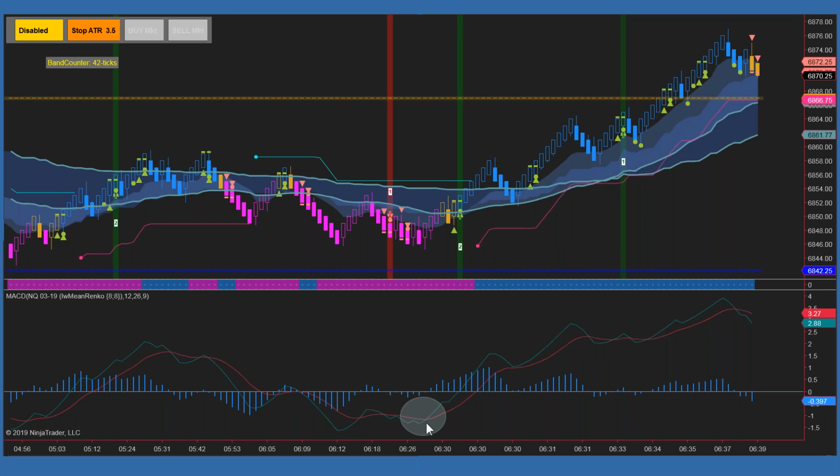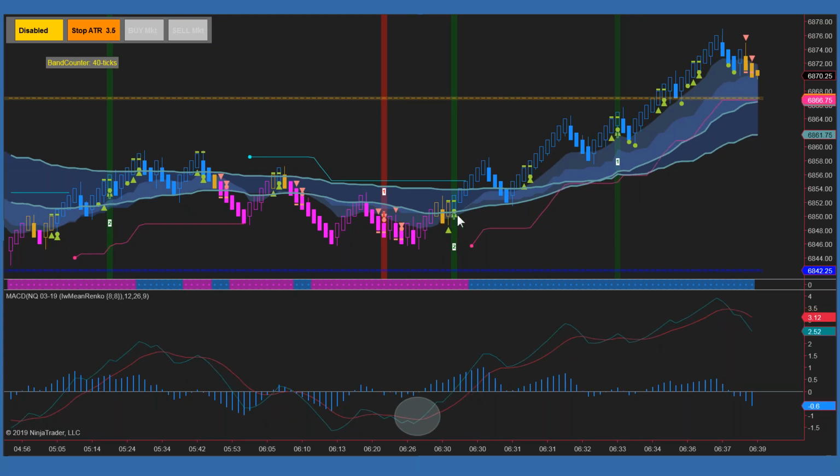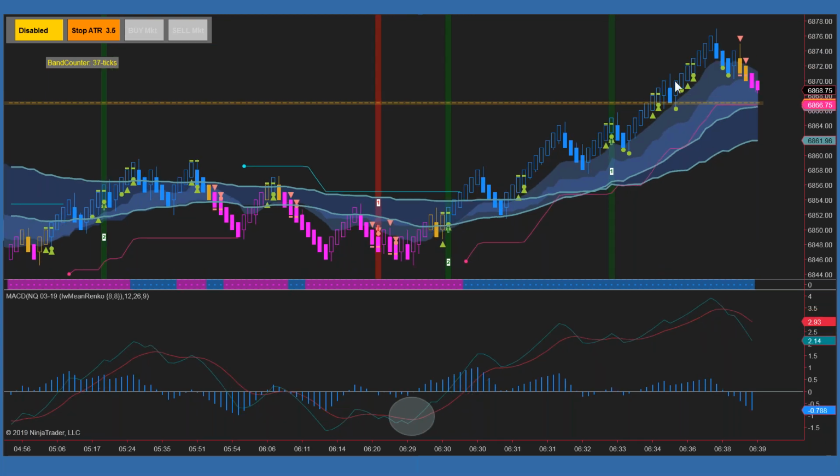But here we have the MACD crossing, and shortly afterwards, we have a number 2 signal, and you can see that with that MACD cross, it may have added a little bit of confidence to taking this number 2 signal. So in that sense, it could potentially be very helpful. Likewise, when MACD crosses back here, now I could be on the alert for a sell signal. This signal right here,